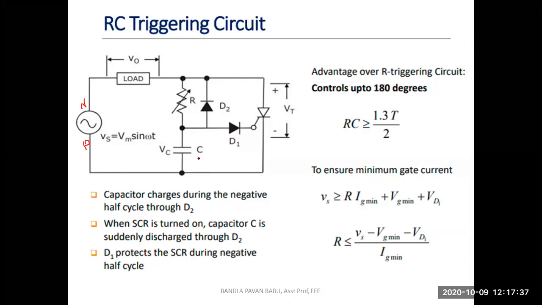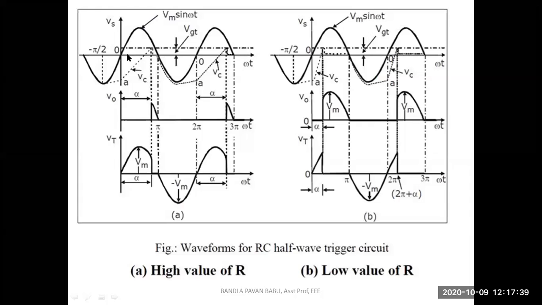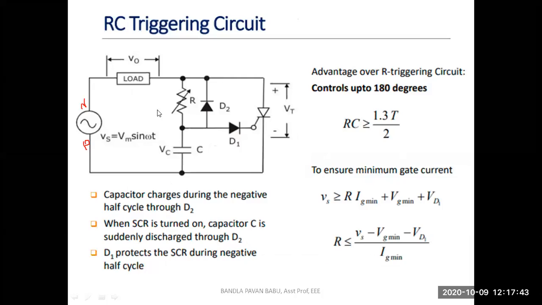Okay, so I hope you can see this also. This is for the positive half cycle, that is, here it is phase and here it is neutral. Now for the negative half cycle, here it is neutral and here it is phase. So